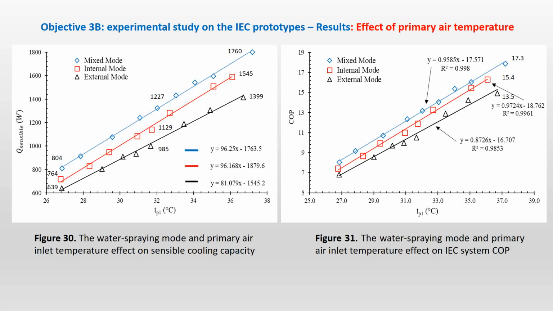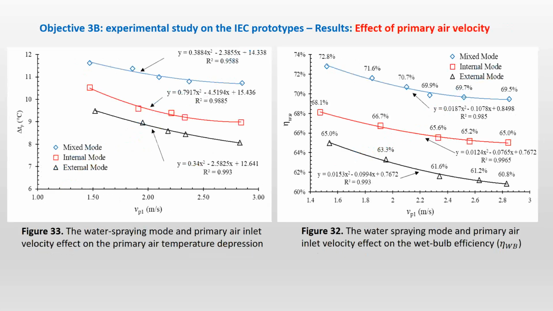Okay, and this is the COP value, because actually we didn't have too much power, since the flow is laminar in the heat exchanger. Delta T with the velocity changes. Now, once again, we are going to have the same problem. The system performance is going to decline as I increase the velocity of the primary air.